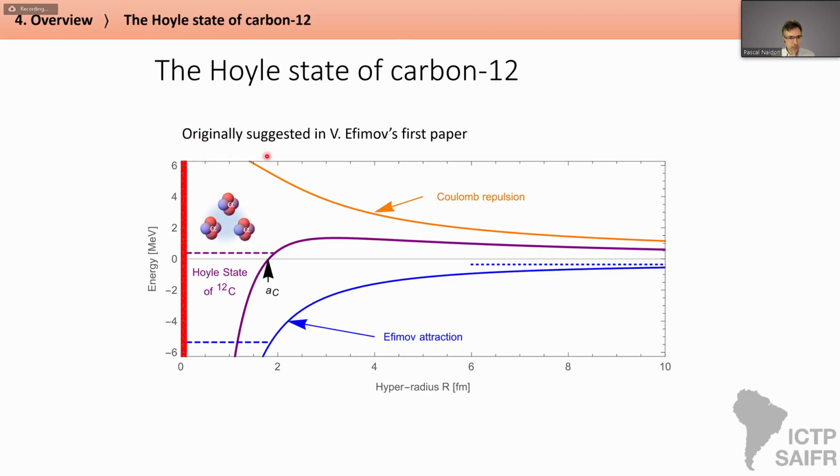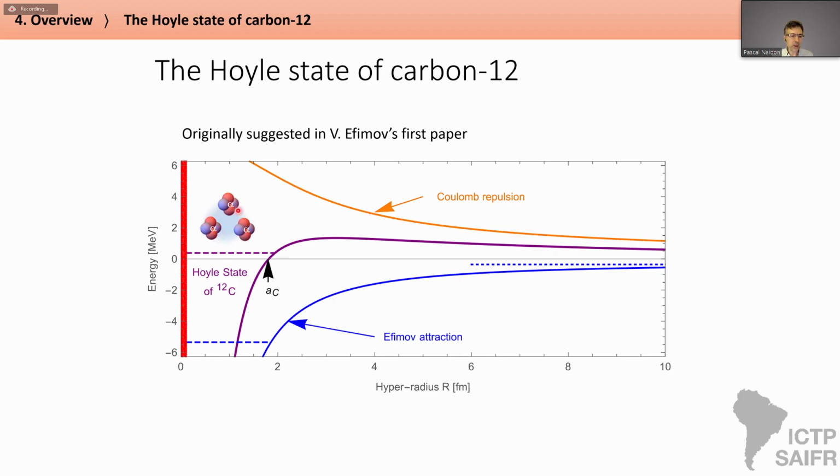This is an excited state of carbon-12 that is believed to be a form of 3 alpha clusters. And in the original paper by Vitaly Efimov, where he described the Efimov effect, he suggested that this Hoyle state could be